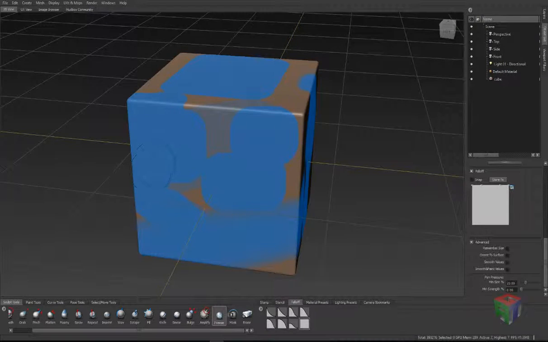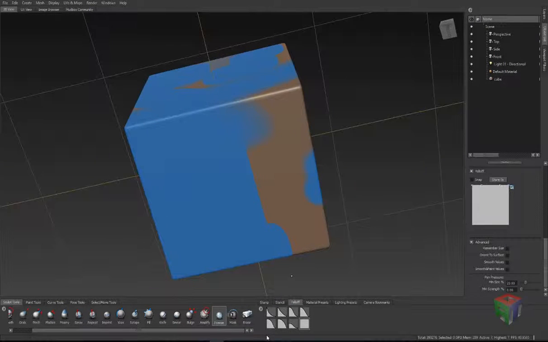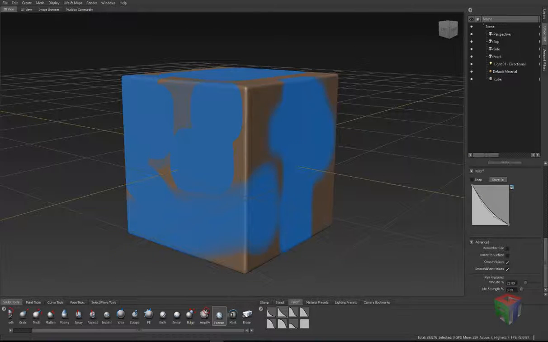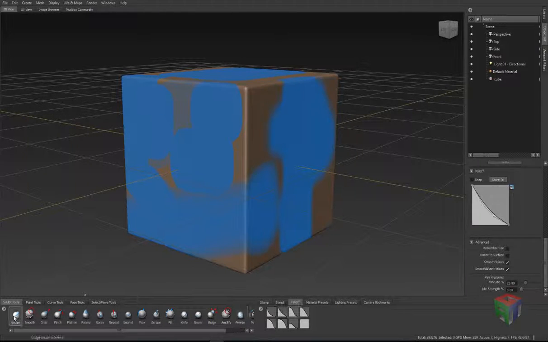So depending on what it's set to. Don't really know what that's doing, but if I use that in conjunction with something like the sculpt tool now,